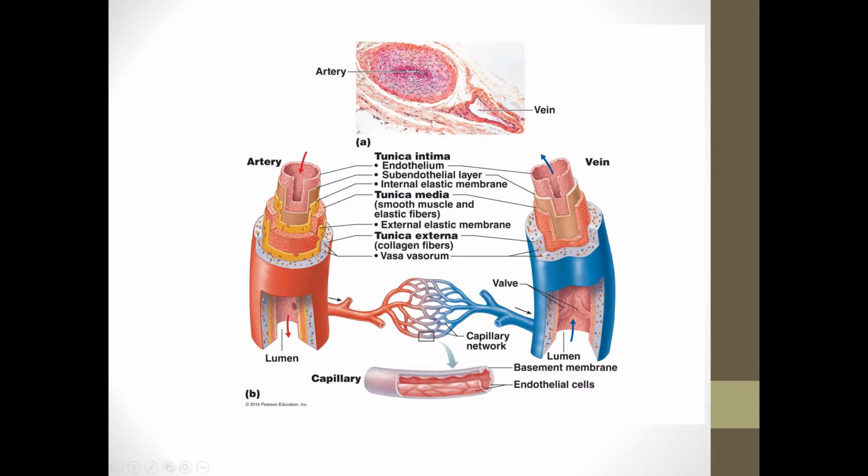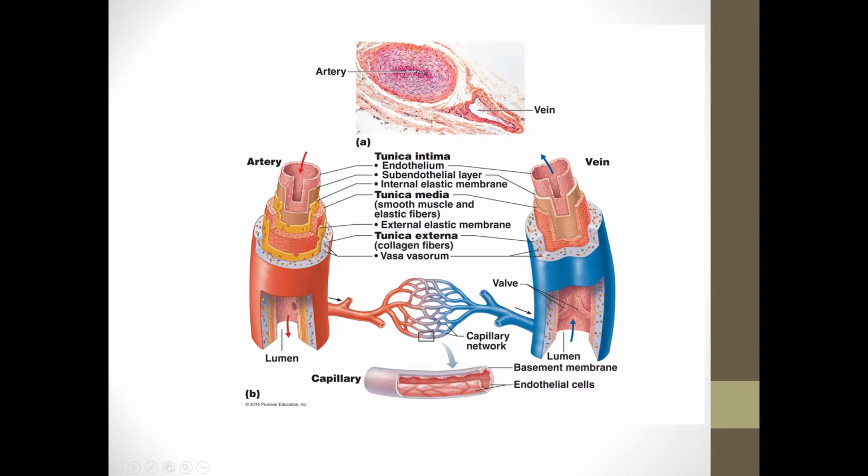So if we take a look at the layers of the blood vessels, let's go from the outside in. So let's start here with the tunica externa. Sometimes it's the tunica adventitia. A lot of times things are exactly the same thing, and it depends on where you are, is the terminology that we use, but I like to use tunica externa. You can see that this is essentially similar to the serosa that we have in most of our organs in our body,